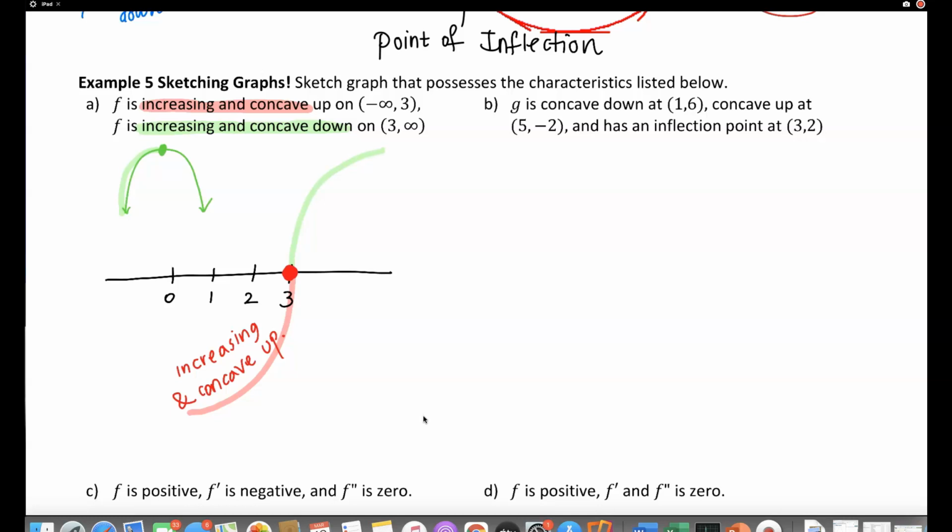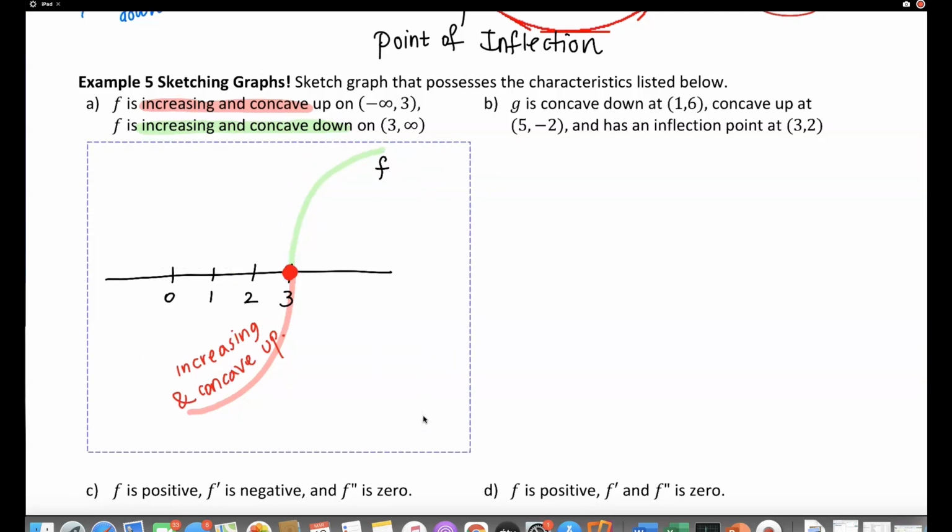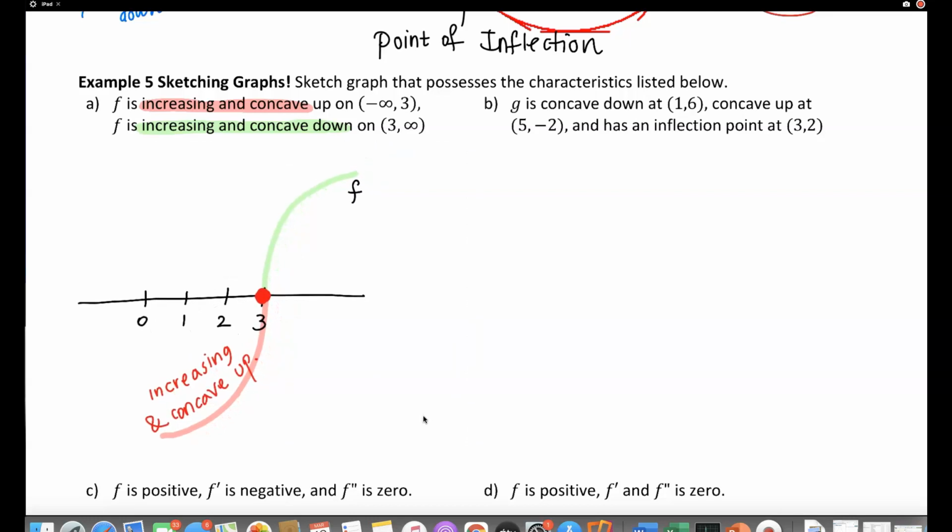This is the graph. This is F, that possesses the characteristic listed below. So this is my F. And it doesn't really have to touch x equals 3, the (3, 0), but you know, this is a graph. This is not the only graph that will meet this characteristic or description, but